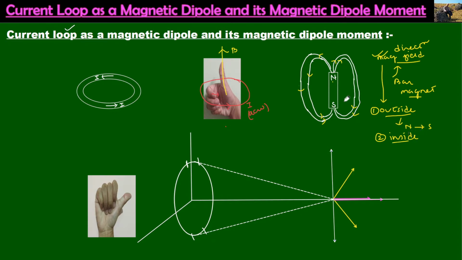when you look inside the magnet, since the magnetic field outside the magnet enters the south pole, inside the magnet the field line moves from south to north. So the direction will be from south to north. When you look from here, the field lines are moving in this direction, all in the upward direction, which means that if I have a coil and the current in the coil is in the anti-clockwise direction, governed by these arrow marks,